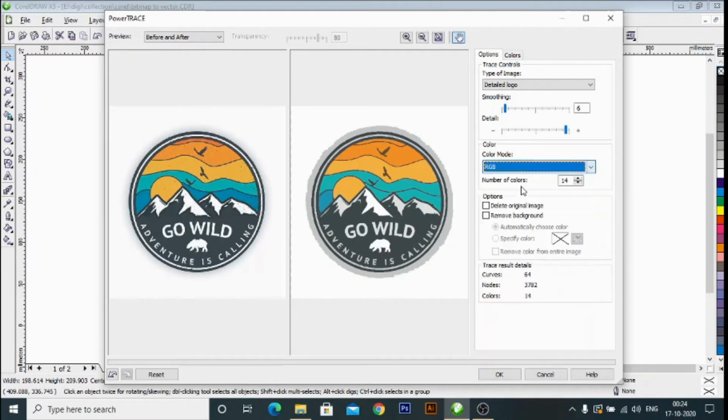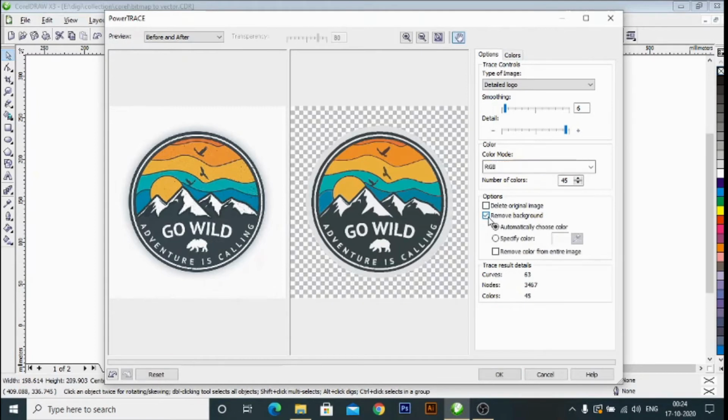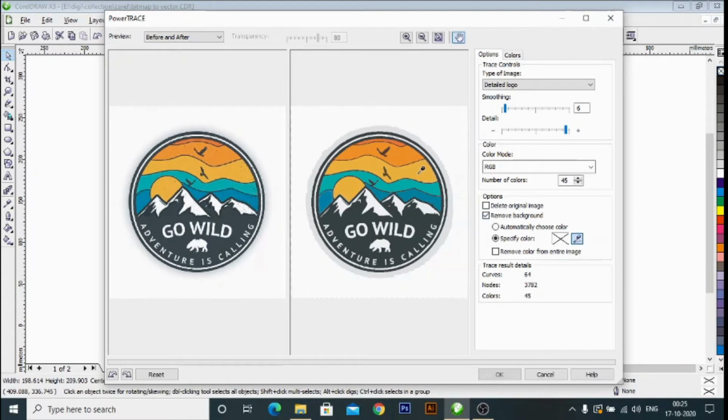You can remove the background by clicking on Remove Background. You can remove any color from this. Go to Specify Color, select the color which you want to remove.